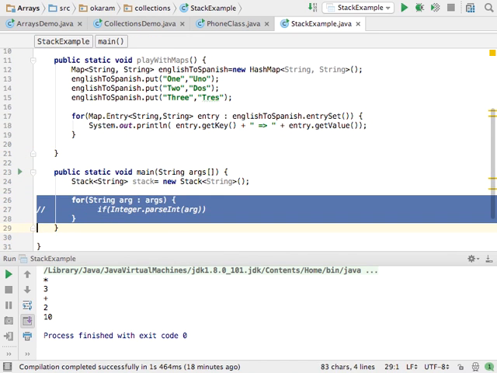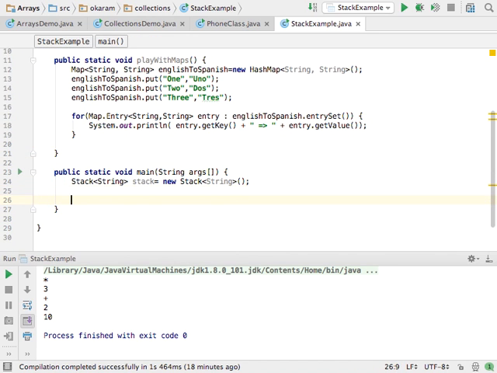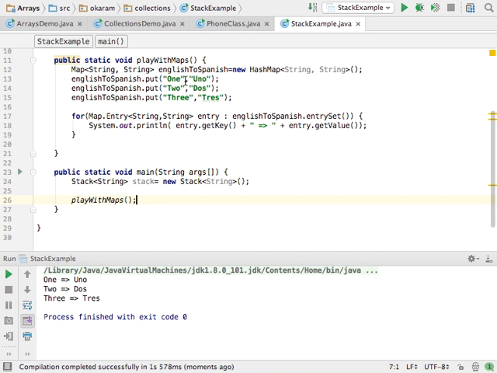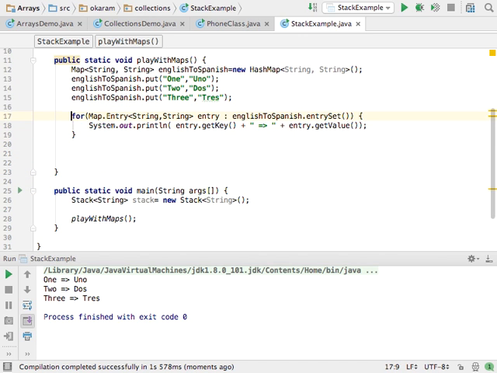So this is one way, and so let me delete this. Just call this. That would allow me to iterate over all the entries in my map. I could also iterate over all the keys and go from the key to the value. I could iterate over all the values, but there's not much I can do with the value because I cannot do the reverse mapping, right? So instead of this, I could do